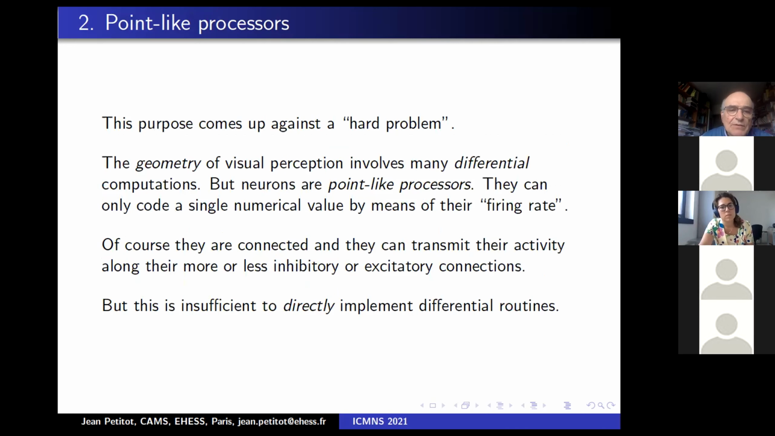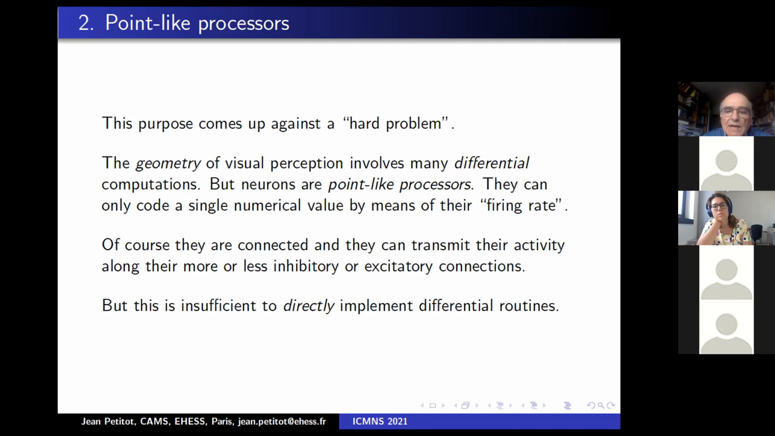And this purpose comes up against a hard problem. The geometry of visual perception involves many differential computations, it's evident. But neurons are essentially point-like processors. They can only code a single numerical value by means of their firing rate. Of course, they are connected and they can transmit their activity along their more or less inhibitory or excitatory connections, but this is radically insufficient to directly